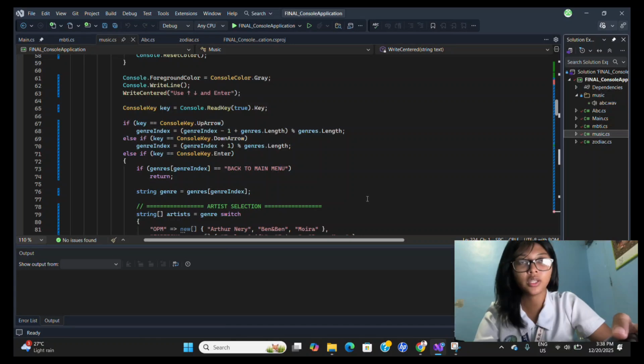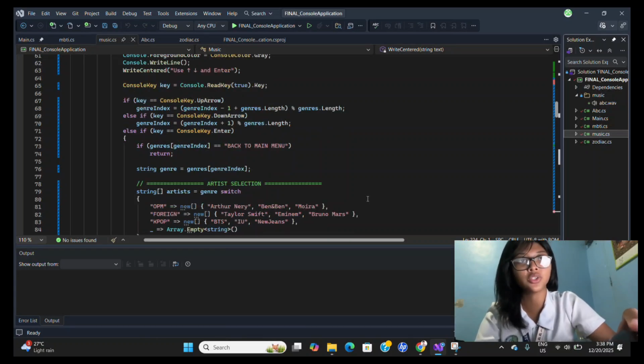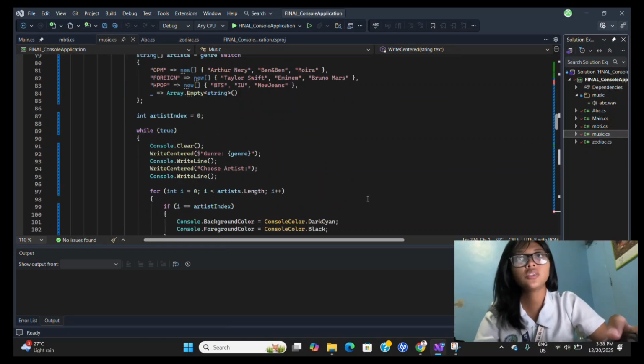In number 2, we have the modular program structure. As we can see here, each feature has its own class: main.cs, MBTI.cs, music.cs, Zodiac.cs. Each of these classes has a run method. Number 3, we have the music personality flow.